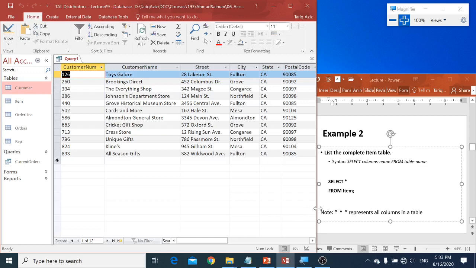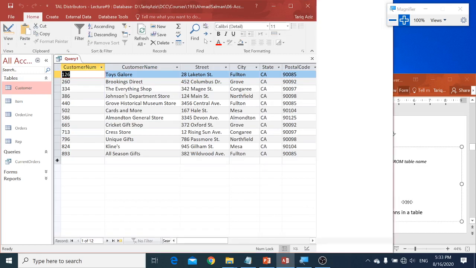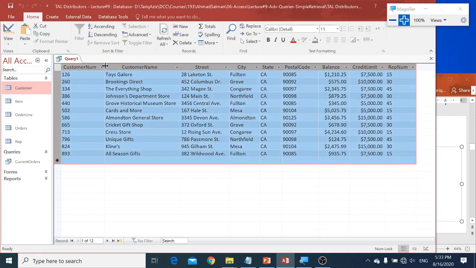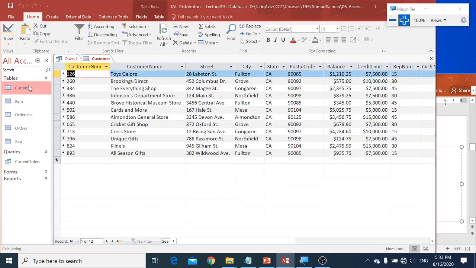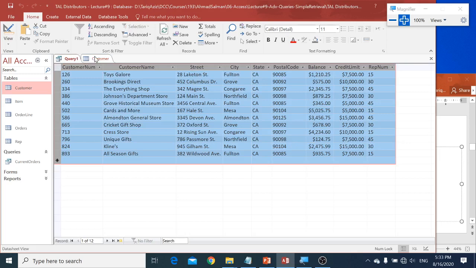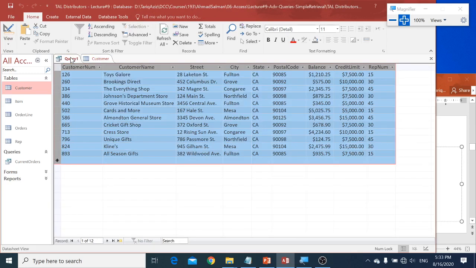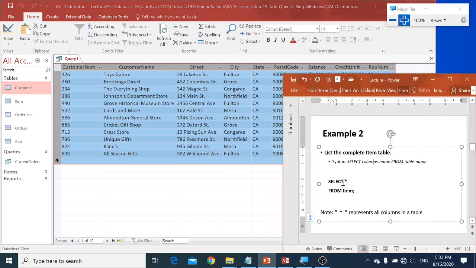You see here? That is how we display all columns. If I open the customer table, you see here, exactly the same table, same information, 12 records, all columns. You got it? That is how you can display. So remember this statement: select